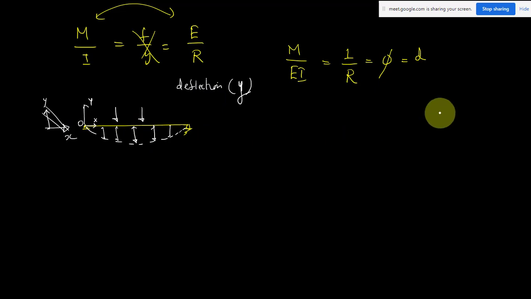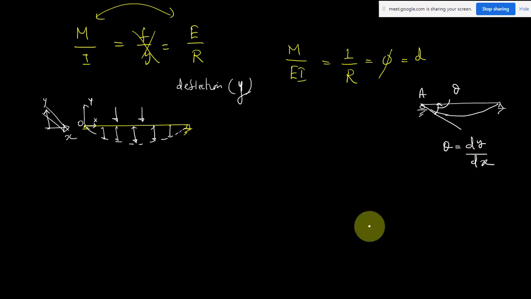So what is the slope? We have already explained what we mean by slope. The beam is deflected like this. If we want to find the slope at support A, we draw a tangent, and this is the slope theta. What is theta? It is this angle. This one I can write in terms of y. It is the slope of this tangent, so we can write dy by dx in differential form. The slope is this angle in radians, equal to dy by dx.